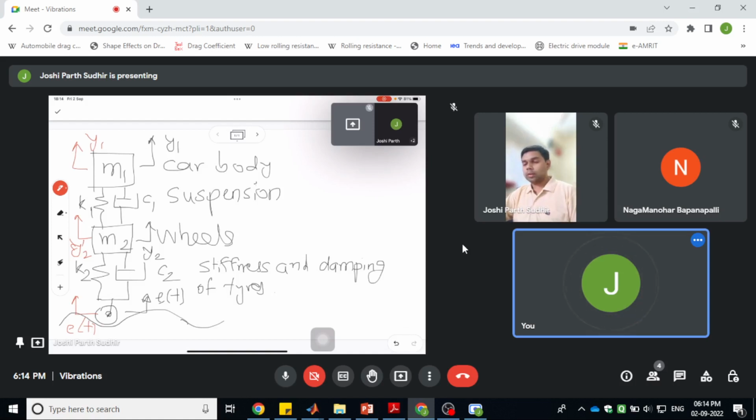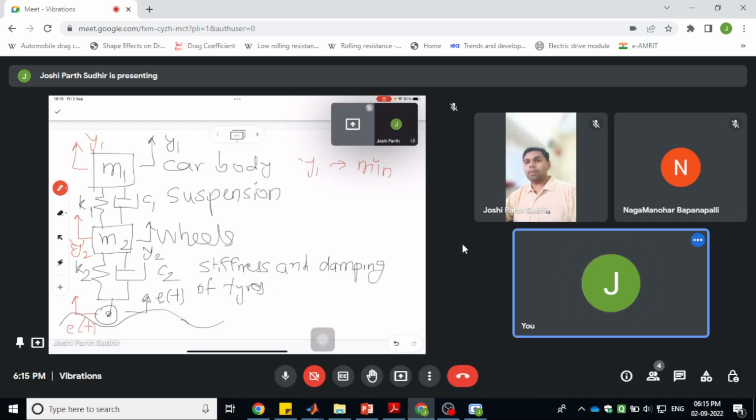For this kind of system, we would want the displacement y1 to be minimum, or we would want the car body to move as little as possible, irrespective of whether the wheel is going over some bump or some speed breaker or anything like that. That is the function of the suspension. In the literature this is known as the quarter car model, and in this session we will try to derive its equation of motion, and then we will try to solve this equation of motion